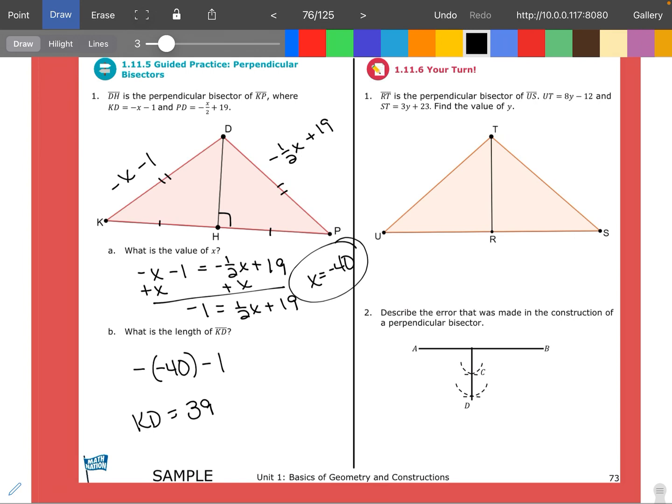Okay, your turn to figure out this one over here. We have UT is 8y minus 12. ST is 3y plus 23. And you just solve it the same way. We know that those two are equal to each other, so 8y minus 12 is equal to 3y plus 23. So I get 5y